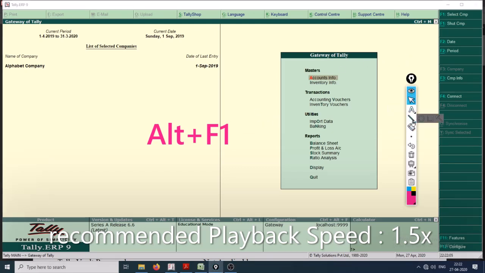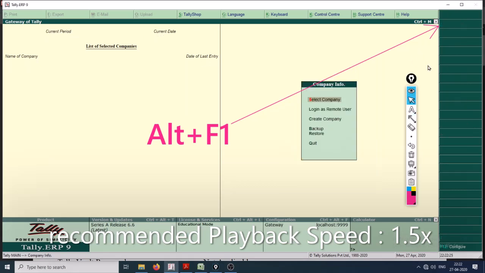Right here I have Alt plus F1. Initially we are going to go a bit slow, but you don't have to worry. Once we gain that rhythm, we are going to move like a Ferrari. Alt F1.